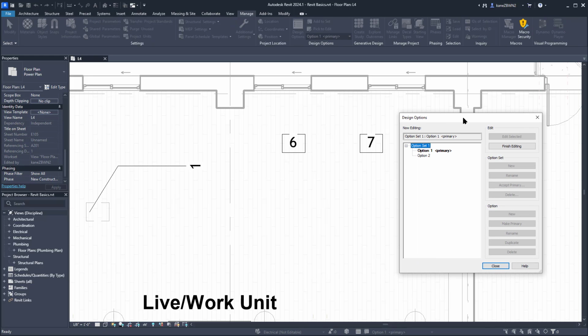Before we merge the primary option into the main model, there's the question: what if we don't want the current primary? What if I want to use the other design option? And that is what the Make Primary button is for. Just select the option you want